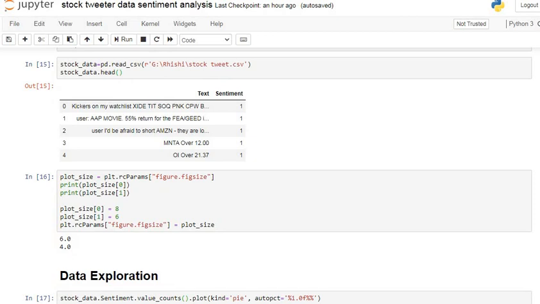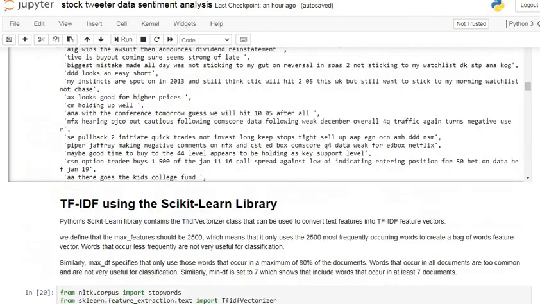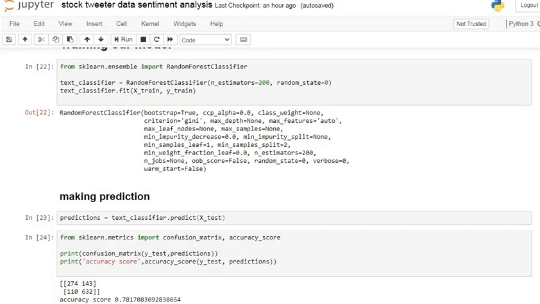When we pass the tweets through our model and our model gives the answer as 1, then we can say there is a possibility of the stock price increasing. When we pass some tweets through our model and it gives -1, then we can say there is a decrease in the stock price. So this is the required sentiment analysis using Twitter data on stock price.